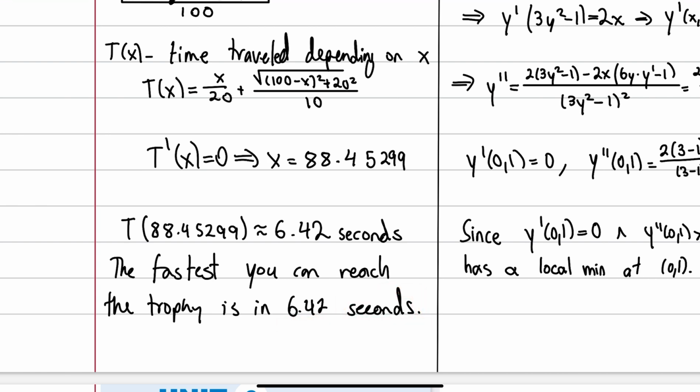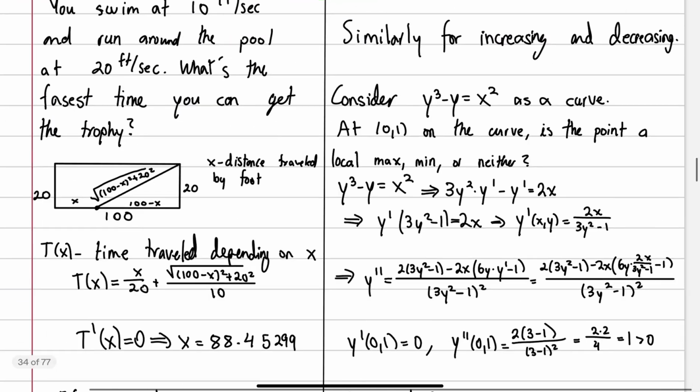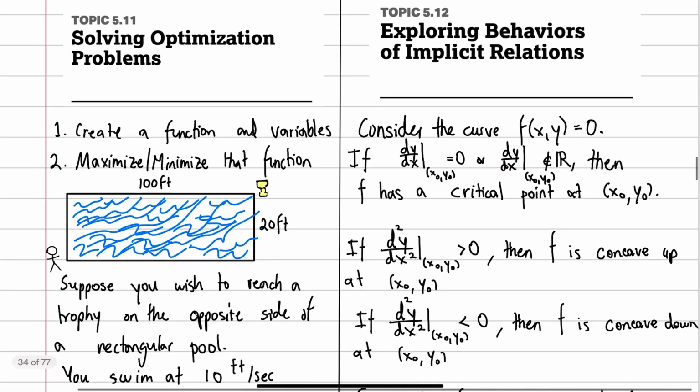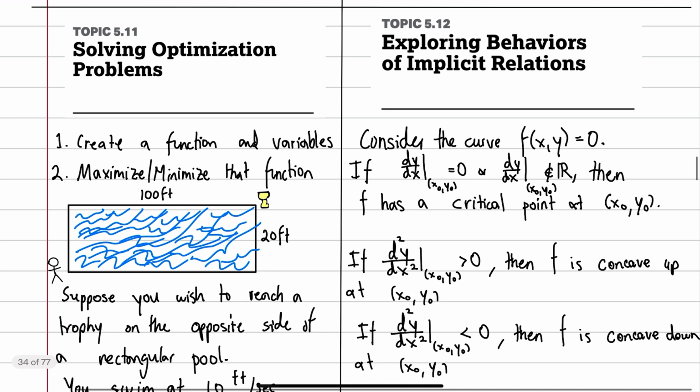This may be asked using height or some other thing. You just need to know how to apply optimization. And finally, we end off with exploring behaviors of implicit relations. College Board does ask this. I've seen it. Basically, we're going to consider a curve f of x comma y equals 0 or equals some constant